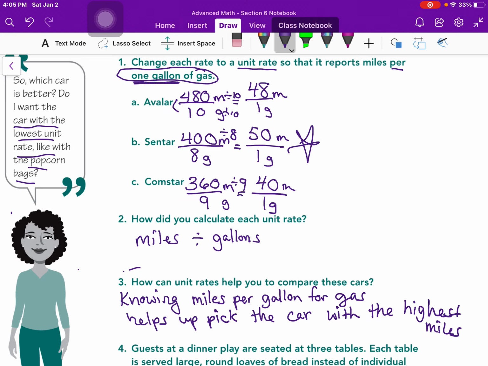All right, so definitely if I'm going shopping, I'm choosing the Centaur because I can go on 1 gallon